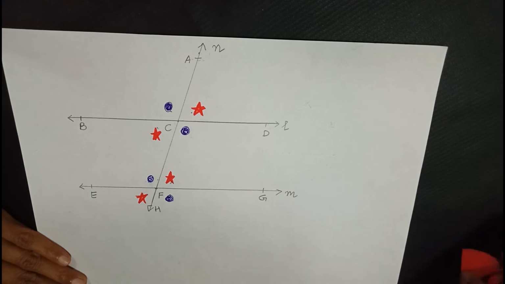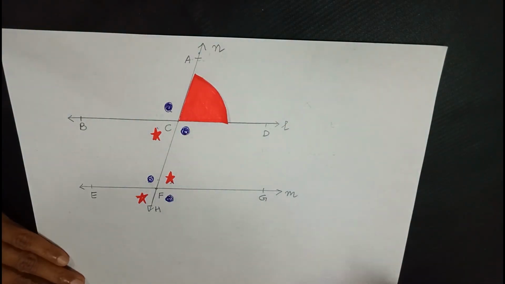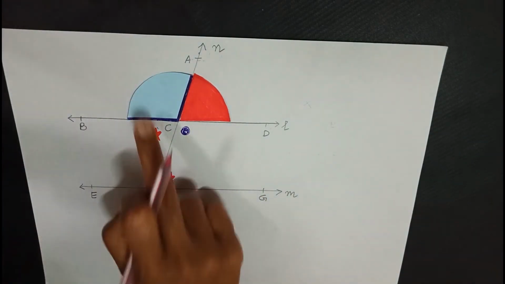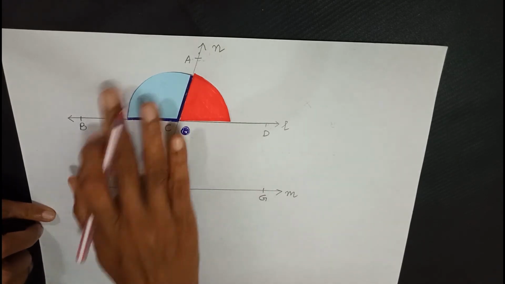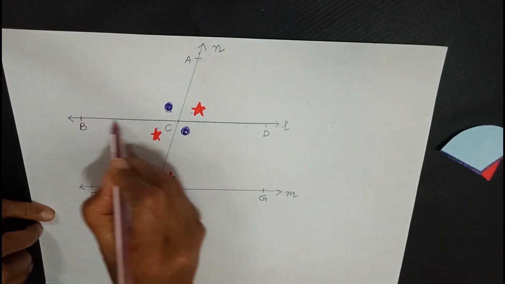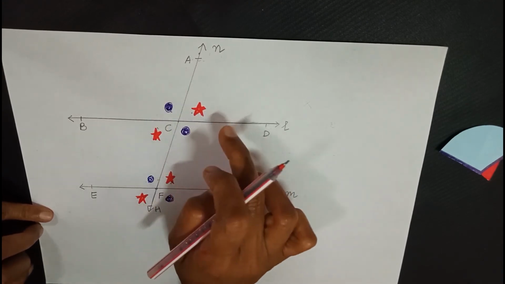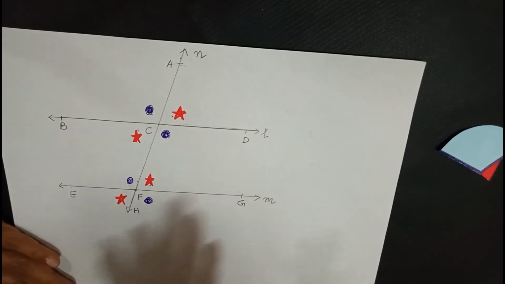And now you can see if I place both of the parts, I am getting a straight line or a straight angle. You can see both the angles put together give a protractor shape, and both of them together are forming this line. That is a straight line. That means the addition is equal to 180 degrees. Now let us see the comparison between the angles.